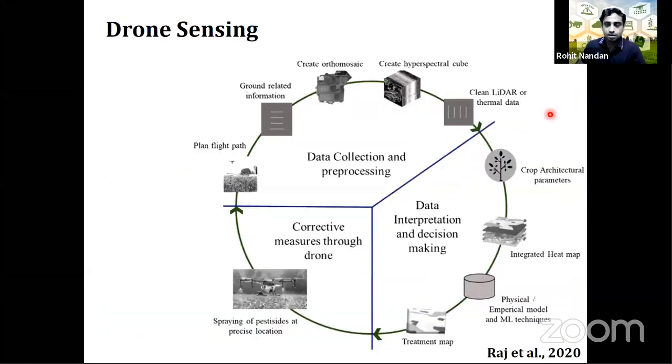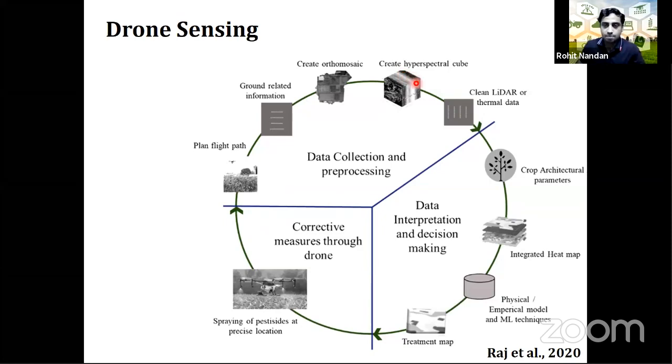So here is the drone-based sensing cycle in precision agriculture, showing how the drone is used throughout the growing season. Here we can fly the drone and collect ground information, such as RGB images, that is red, green, blue images, or hyperspectral data. It depends on what kind of sensor we put in the drone. It could be an RGB camera, a simple camera which we use to take our photographs. We can use a hyperspectral camera